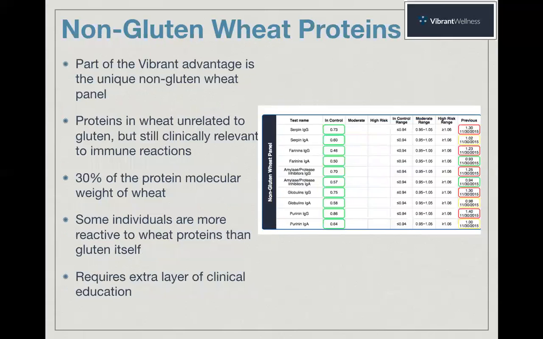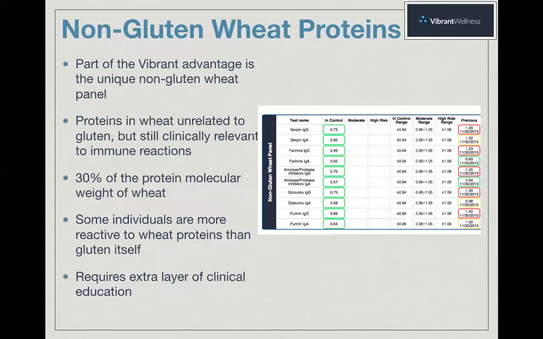Part of the Vibrant advantage is the unique non-gluten wheat panel that is only found on the Vibrant Wheat Zoomer. This panel is testing reactivity to proteins in wheat unrelated to gluten, but still clinically relevant to immune reactions. It makes up 30% of the protein molecular weight of wheat. Some individuals are more reactive to wheat proteins than gluten itself, and any reactivity on this panel indicates a sensitivity